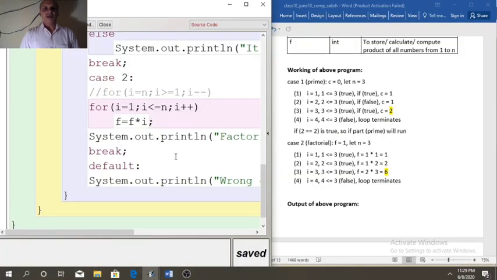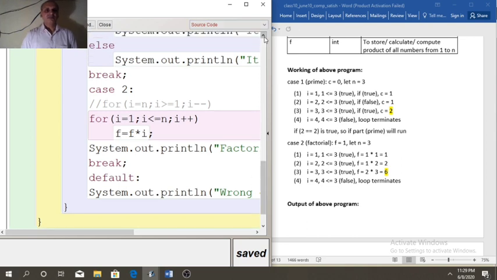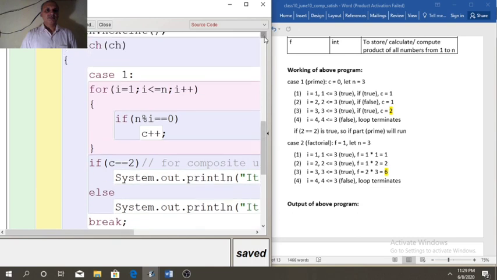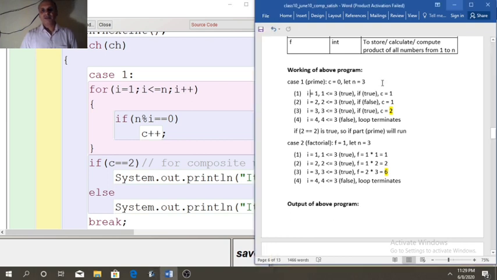Now see, I will explain the working once more. Case 1, to check prime. Suppose n is 3, we want to check whether 3 is a prime number or not.